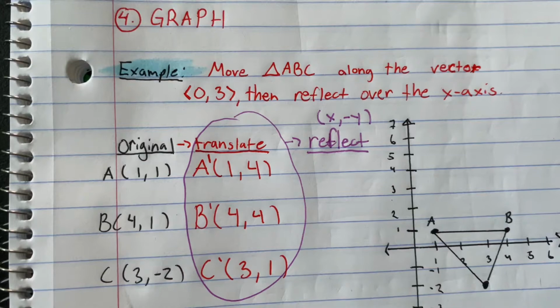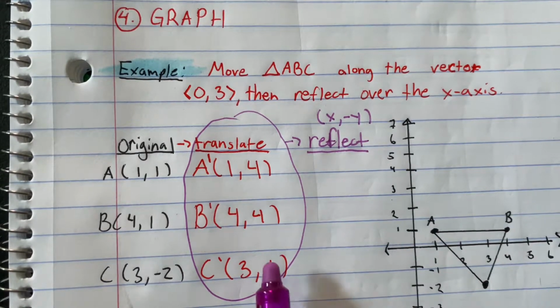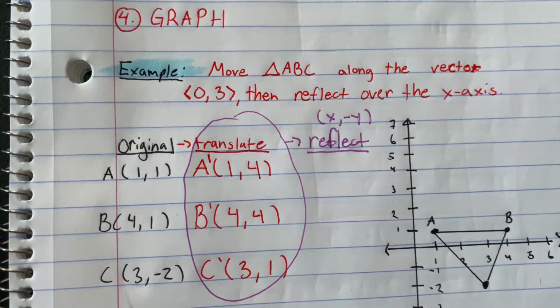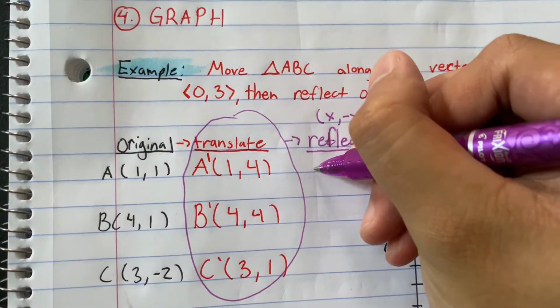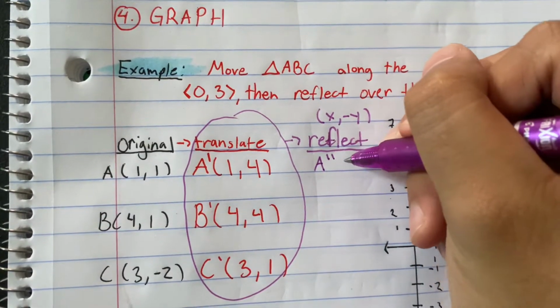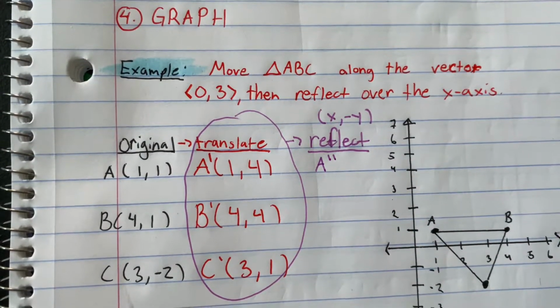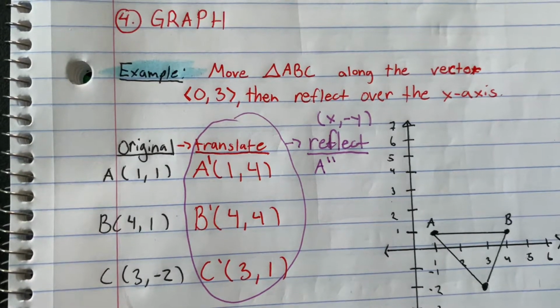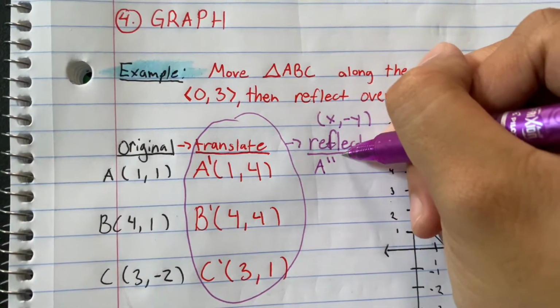So once you find that, use reflect with those points. Let's see what you get. Now that you've reflected the A prime, B prime, C prime, let's see what your answer is. So A, we call it double prime because we did the transformations twice. So this would represent that we did it twice. It would be